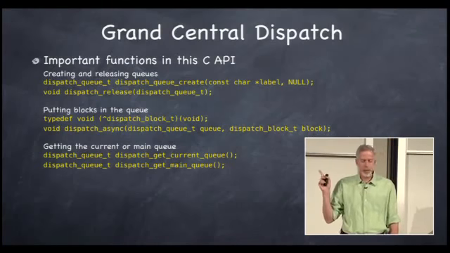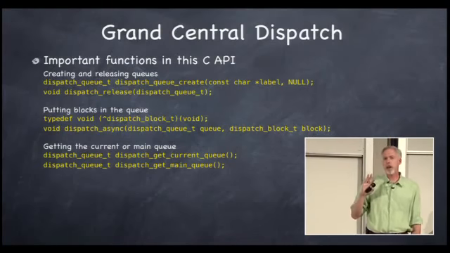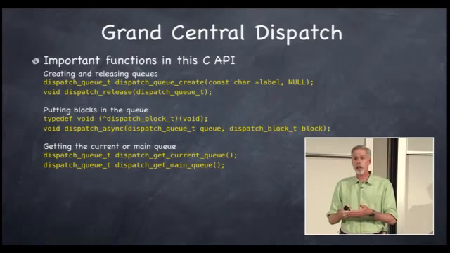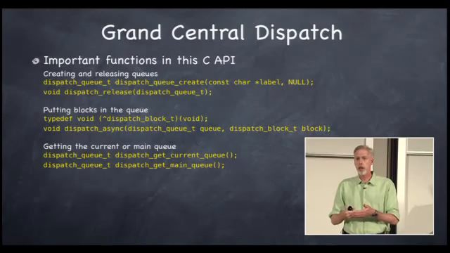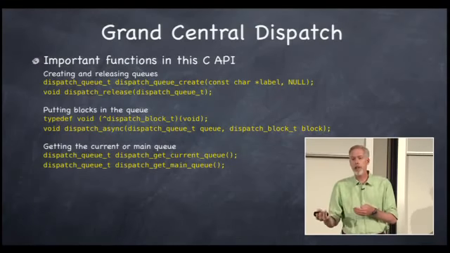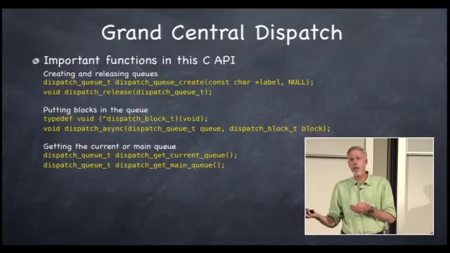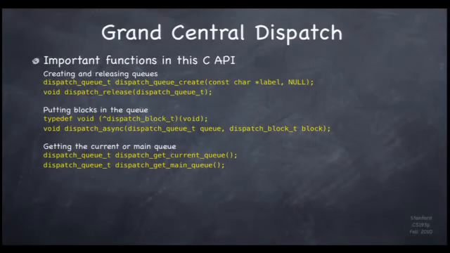So the dispatch sync, which I haven't put up here, which you're probably not going to use, that would block the thread that's calling this until the thread that is executing that block gets to run and completes running that block. Now, obviously, you would never call dispatch sync from the main thread because you never want the main thread to block. But you could imagine calling dispatch sync from other threads that might depend on each other, etc. But for this course, we're going to focus on